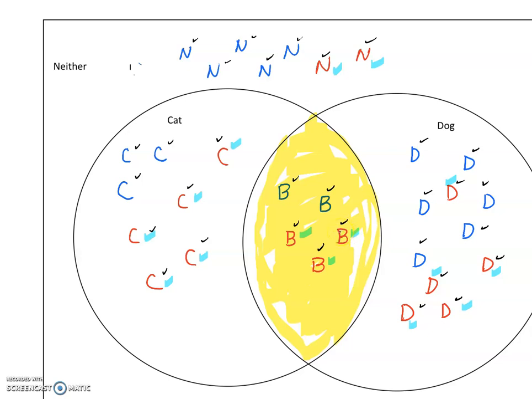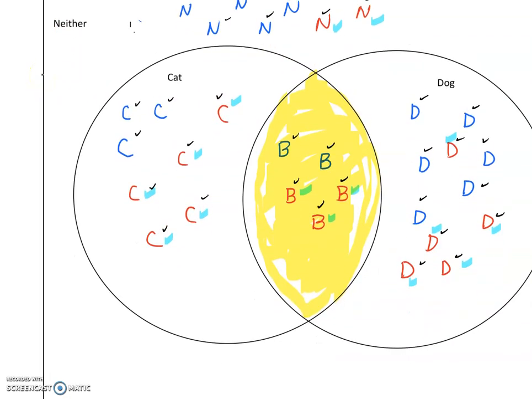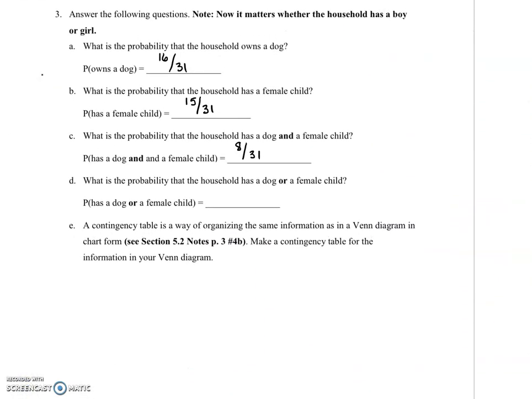And then since we also need to include girl children that are not dog owners, we have to count the red letters that are within the cat circle, but not in the overlap, plus the ones that are in the neither category. So we had 16 of the dogs, and then 17, 18, 19, 20, 21, 22, 23. So 23